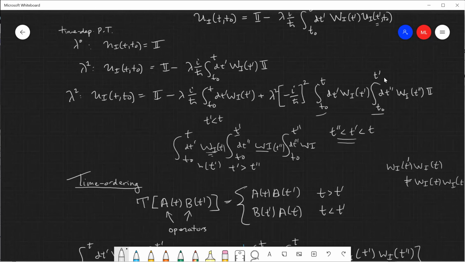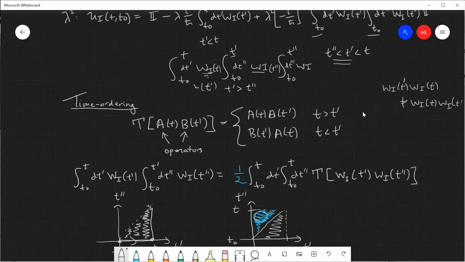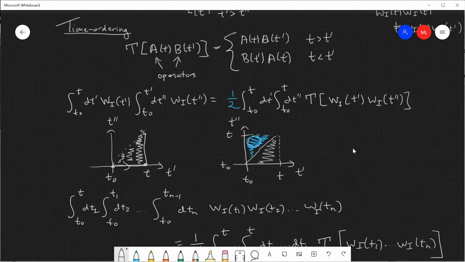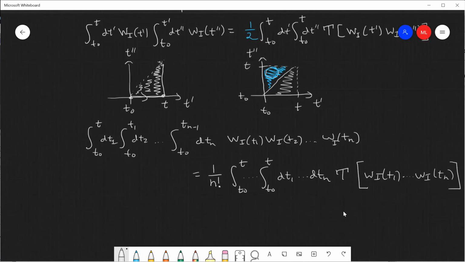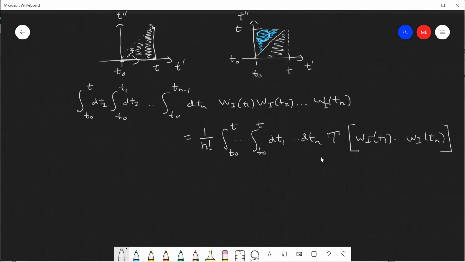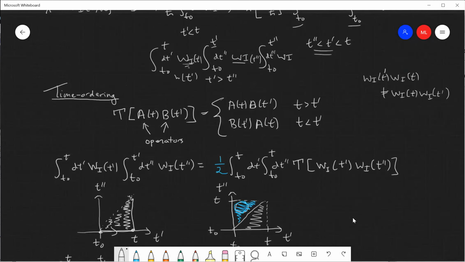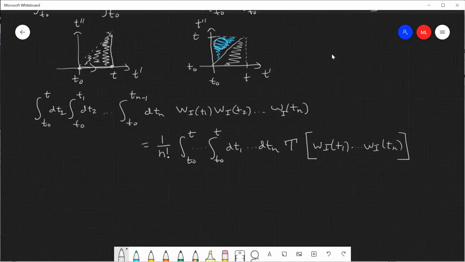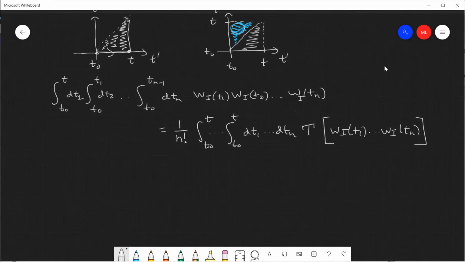And the only issue is that they're these nested integrals, but if you can get rid of the nesting, then at each order, you will just pop in another integral from T0 to T. And that's fine, we can do that. So this is what I'll leave you with, is that now you can do perturbation theory to all orders,